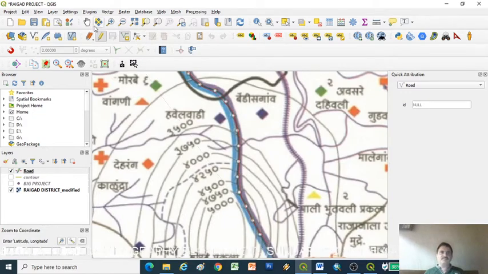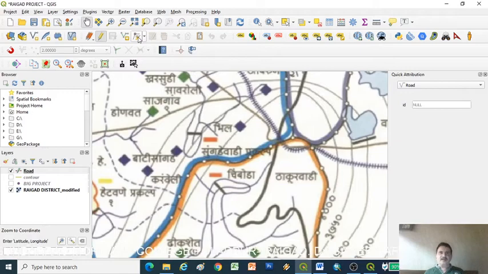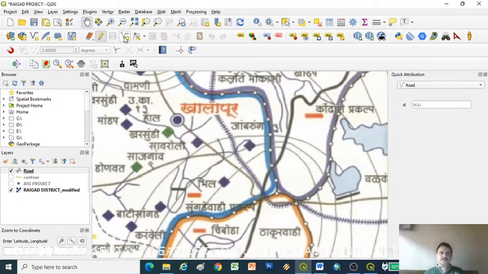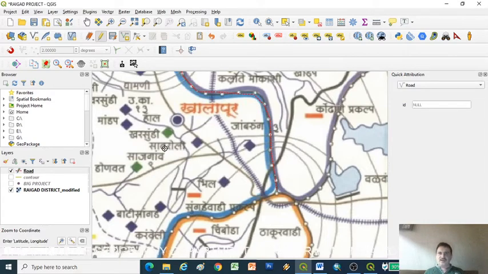So in this way we can digitalize the road. I just right click here, this is my first layer of a road, I name it first. Okay, now my road is ready.